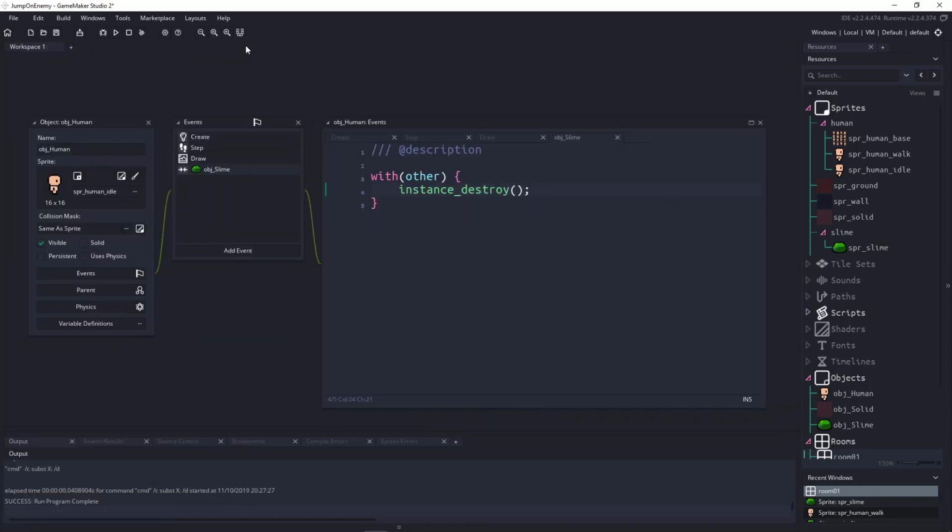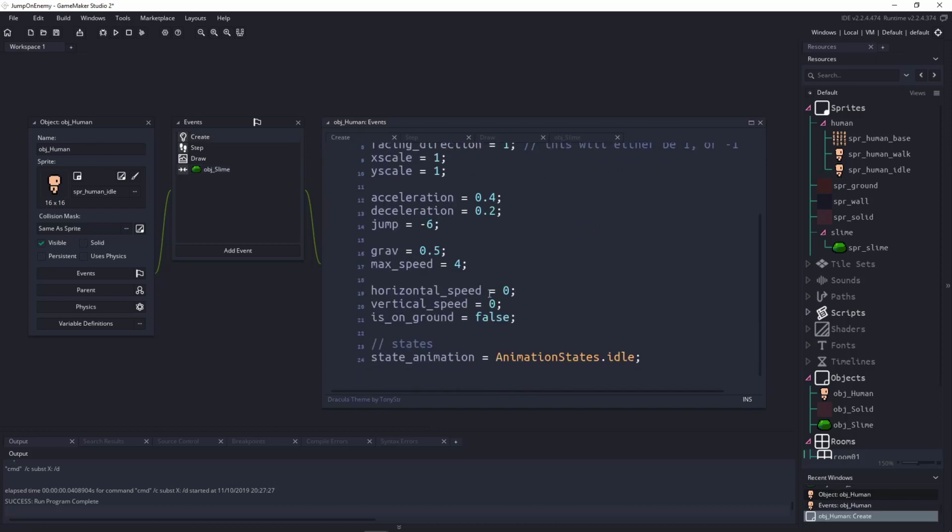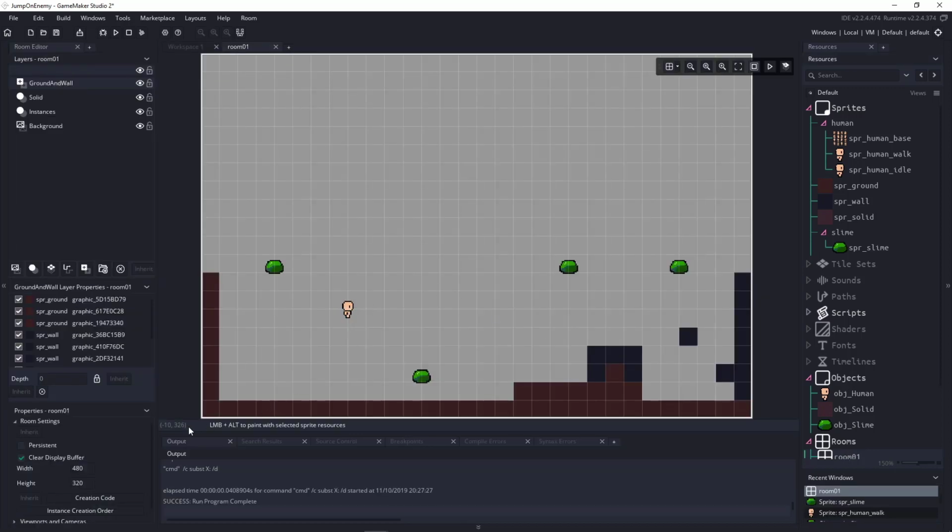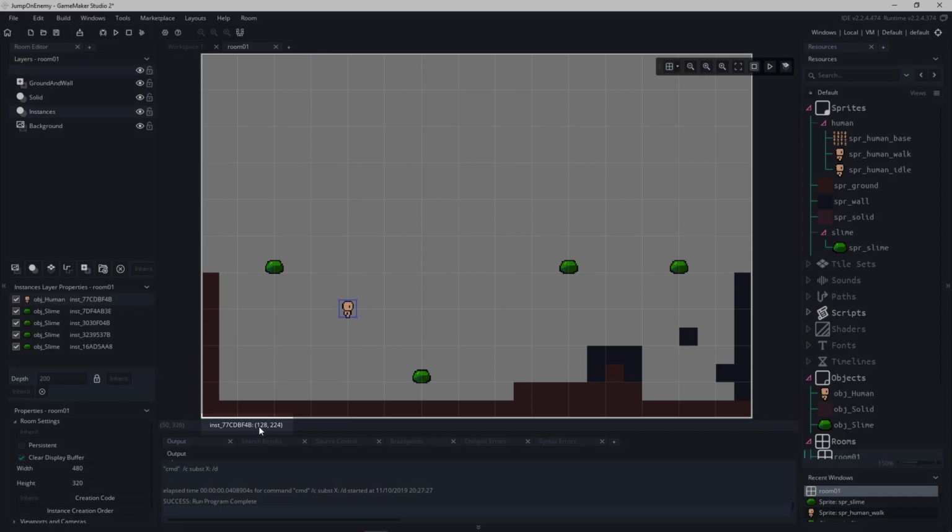So to do this, this is actually pretty simple. Because I'm using a platformer setup, I have variables such as horizontal and vertical speed. The horizontal is left and right, and vertical is up and down. So I need to make sure that this vertical speed is going to be above 0. Remember, in GameMaker, our rooms, if we look at our Y position, if I select our character here, the Y position is at 240.